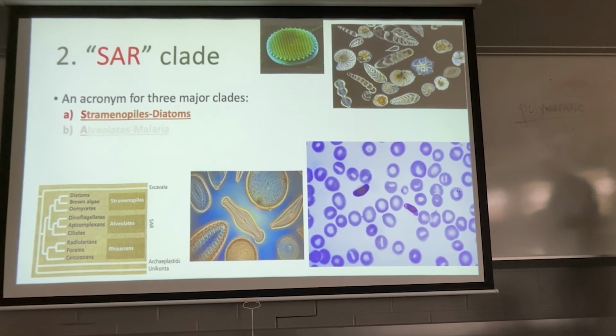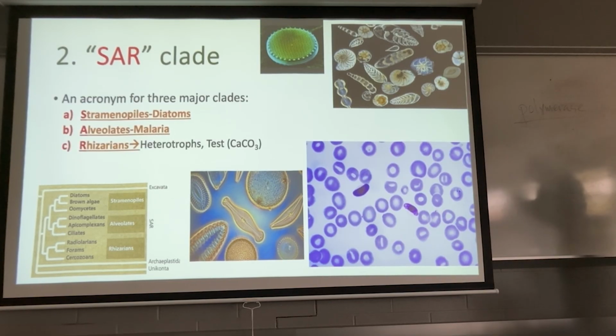The only thing you need to know for the rhizarians is that they have an exoskeleton, or an outer kind of house, if you will, that they produce. And it is calcium carbonate based. They're marine. And these two pictures up here are pictures of rhizarians. I'm not going to teach you any specific examples of them, but they do produce what look like little seashells. Cute little seashells that are microscopic. Like this one looks like a mollusk, right? But it's not. It is just a calcium carbonate exoskeleton that was laid down by the rhizarian that is now dead.